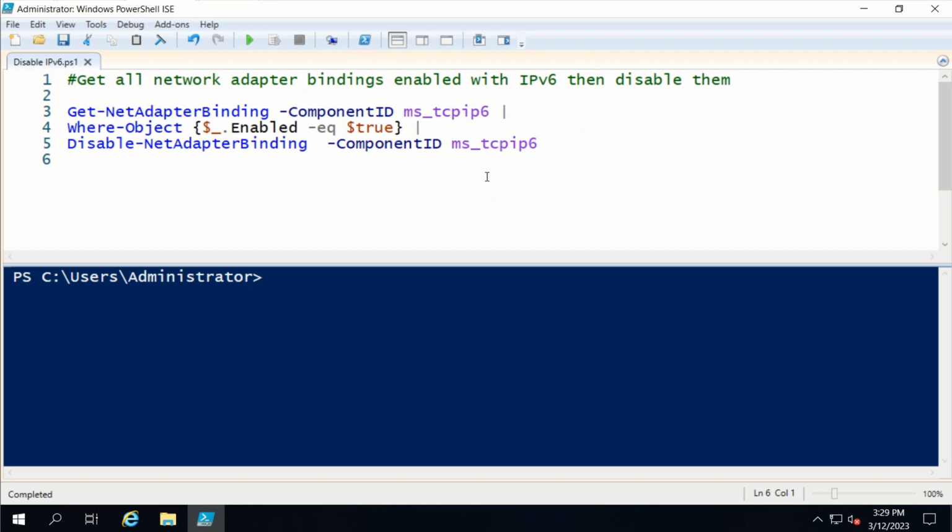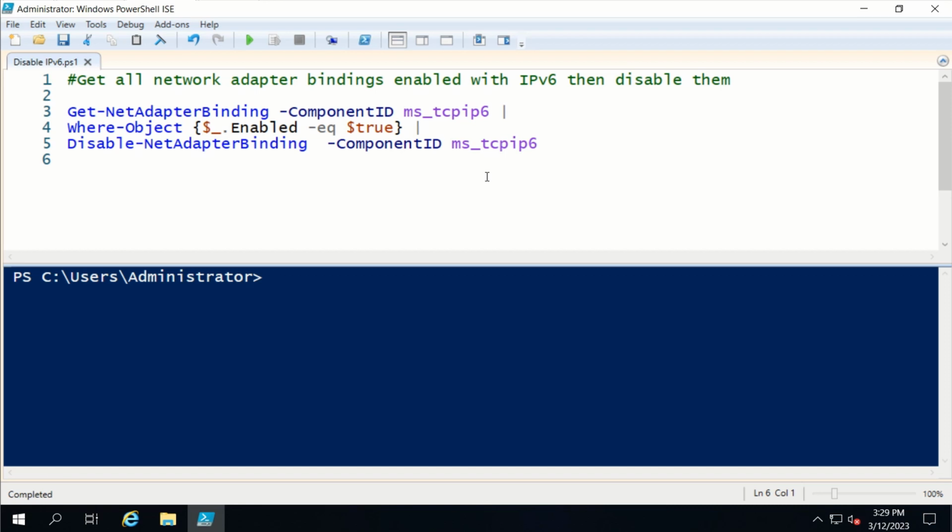The first command gets the IP version 6 component binding of all the network adapters of the server, and it sends the result to the second command to filter only the adapters that have IP version 6 enabled. After that, it sends the result to the third command